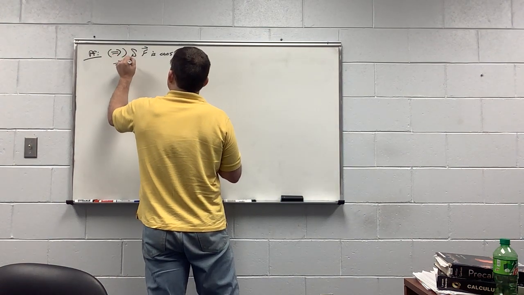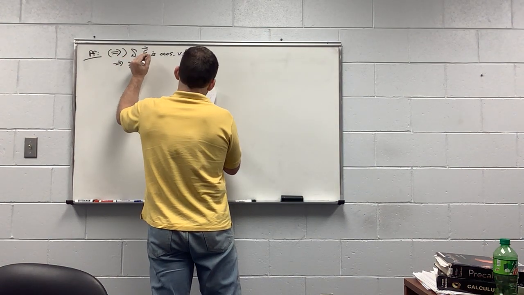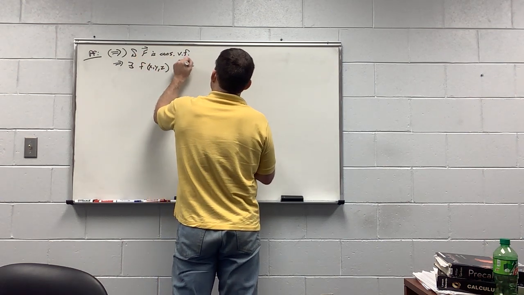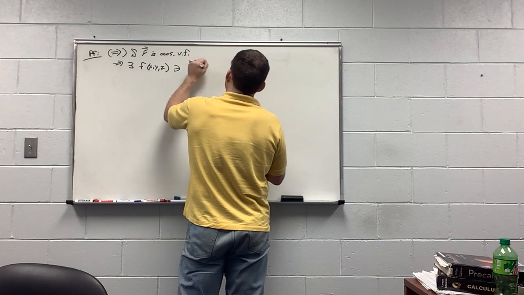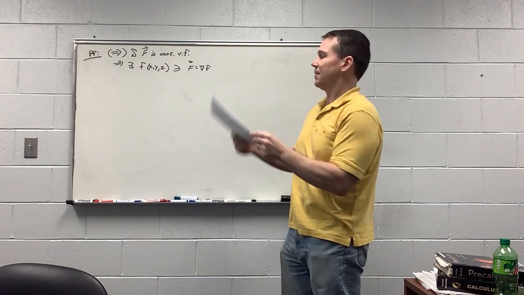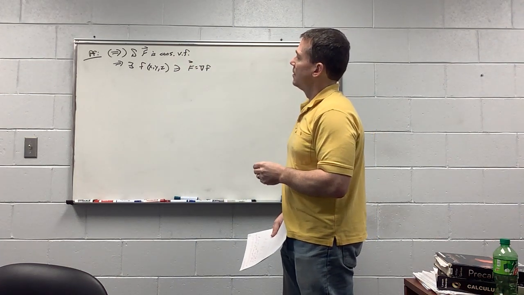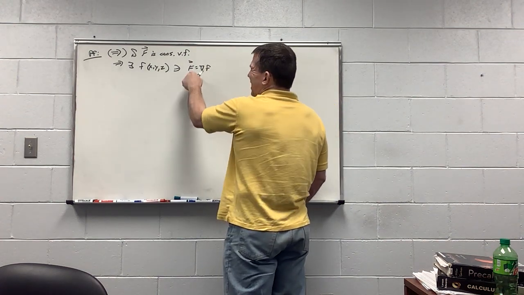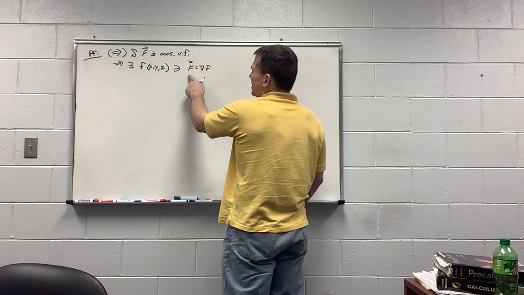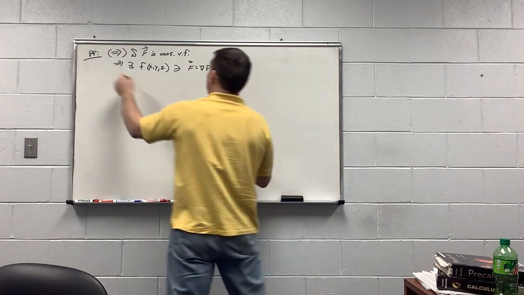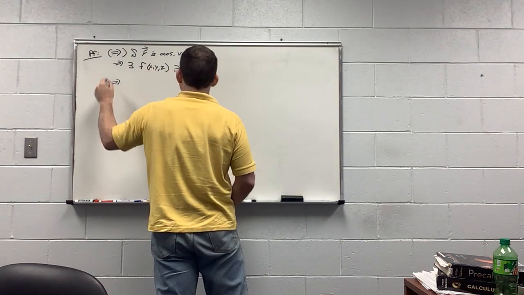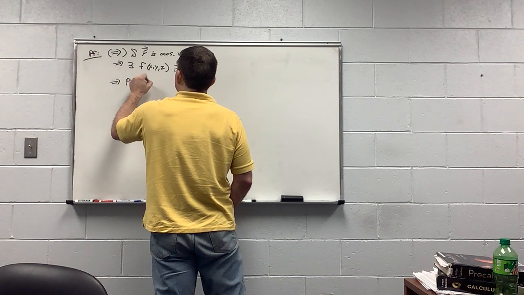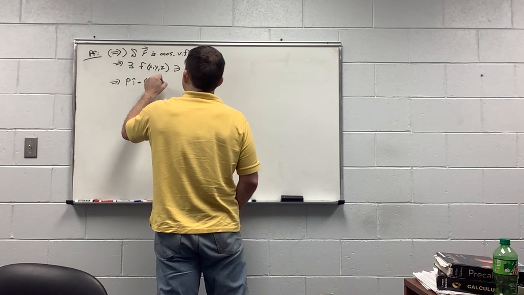That means that there exists some function f such that the vector field F is the gradient of f. But now, since this is true, I'm just going to plug in my potential functions here, my definition of F and my gradient here, because this then implies that the function F, which is P i plus Q j plus